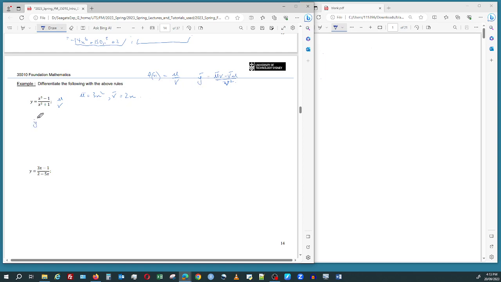So y dash will be equal to 3x squared times v, minus v dash was 2x times x cubed minus 1. And v is all squared. So put it in brackets and